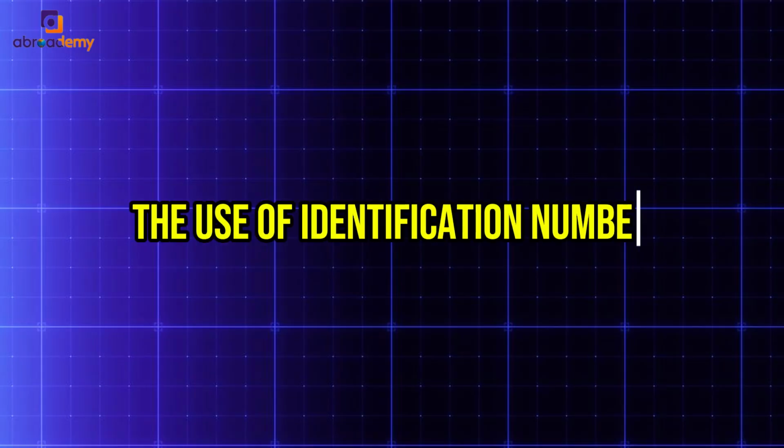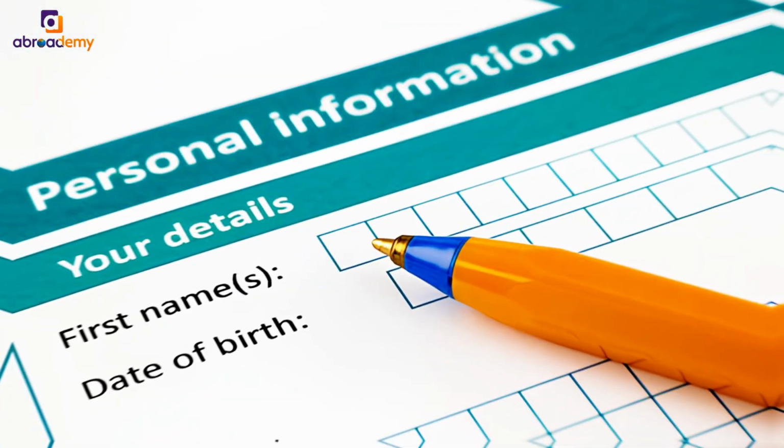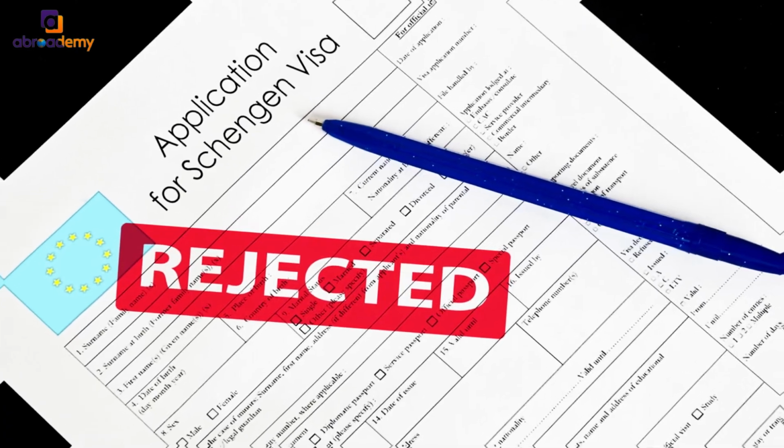Second, under the personal information section, you will get two options, SSN and TIN, to fill in. These are only for candidates who had employment in the USA earlier. So if you're going to the US for the first time, you must mark these questions with the option of does not apply. Most candidates make the mistake of filling in these options with their country's identification number. If you make such an error, once again your visa application will be rejected.